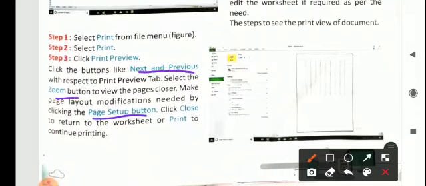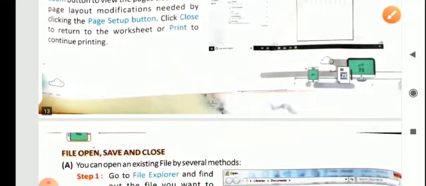The Page Setup button is for setting up the page, so how it will be printed on paper. According to that you set the margins, and then Close to return to the worksheet or Print for further printing if you have a printer attached to your computer.